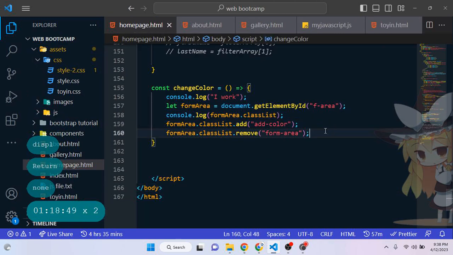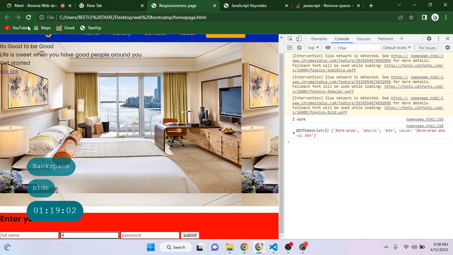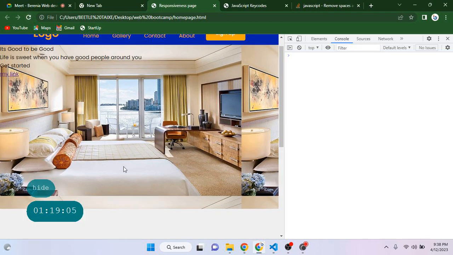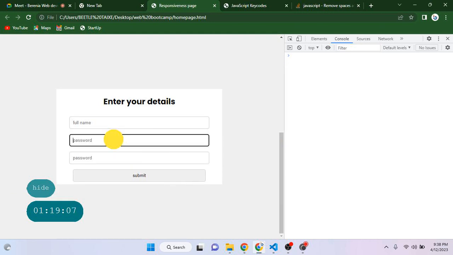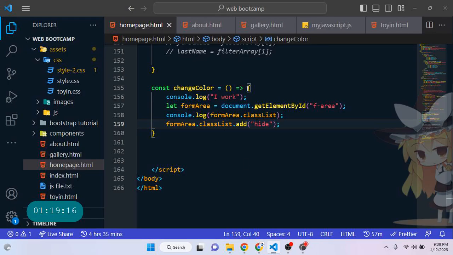Where is our code there? So now whenever we click on that input button, you want to add the class called hide, and you know what is inside the hide. It will change the display to none. Okay, so let's just type something here. You can see that it has hidden it. You can't find it again. And if you want to show it again, probably we want to create another function. Let's create another method